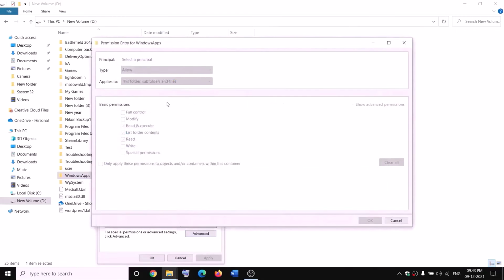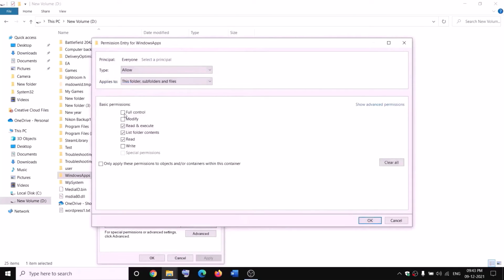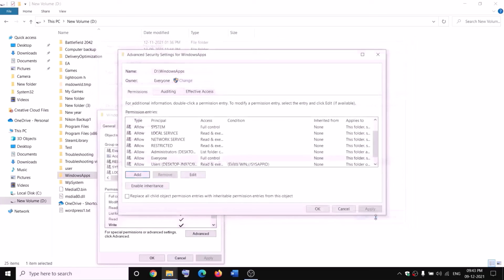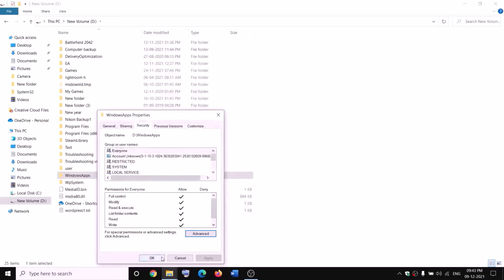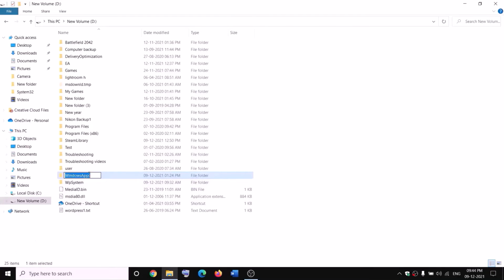click on add, select a principal, everyone, check names, OK, put a check on the box which says full control, OK, apply, OK, OK. Now make a right click on Windows apps and then click on rename and then rename it as WindowsApps.old. Now while renaming it, if you receive any kind of error message which says file is open,